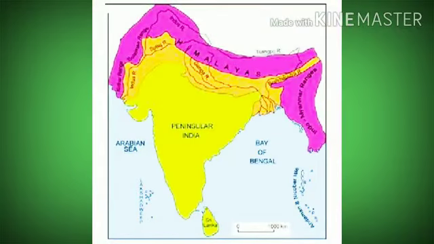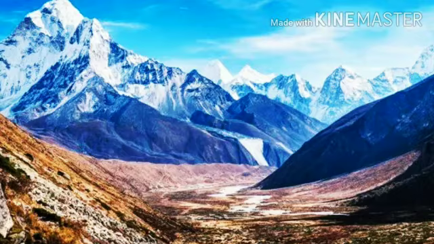Different physical features of India were formed at different times. The oldest physical feature is the peninsular plateau. It is composed of igneous and metamorphic rock, with hills and wide valleys. The Himalayas are a relatively younger feature. They consist of high peaks, deep valleys and fast flowing rivers. Geologists believe the Himalayas are still continuing to rise 1 centimeter every year.